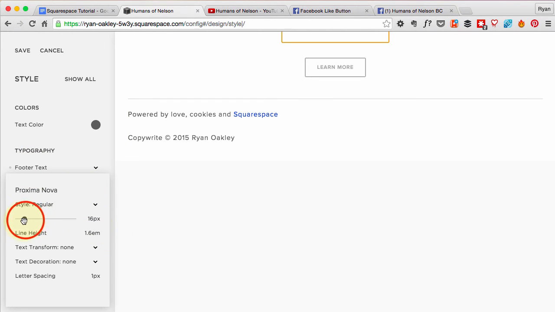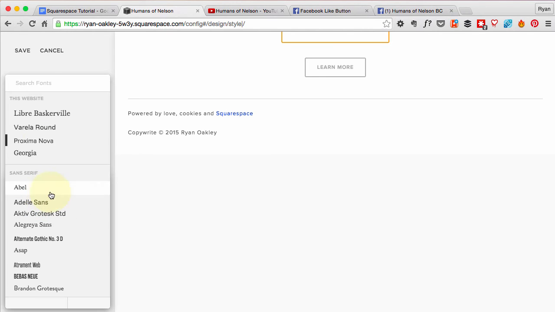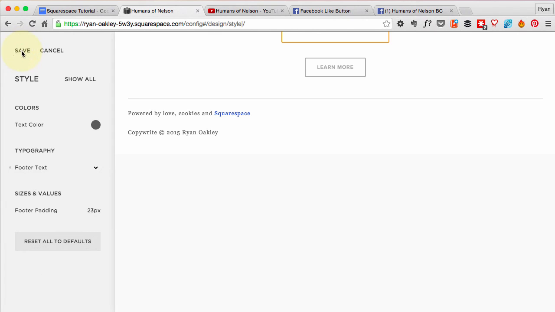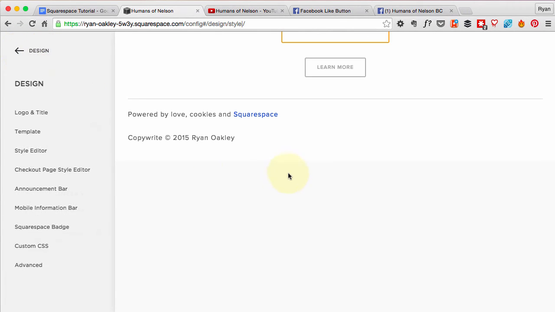And I think all I really want to do is I want to make the text smaller, and I think I want to make the text the same as my normal text with it, which is this Georgia. So that's going to be just a little bit less prominent, which is good. I'm going to go and save that, go back to design,